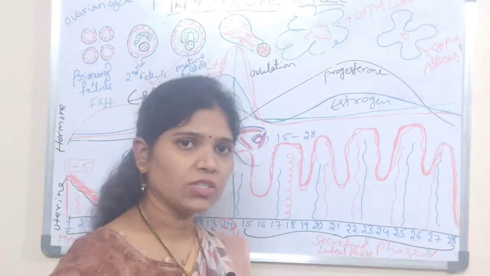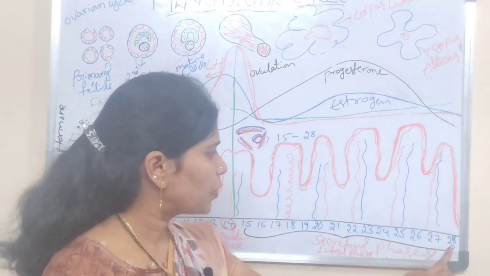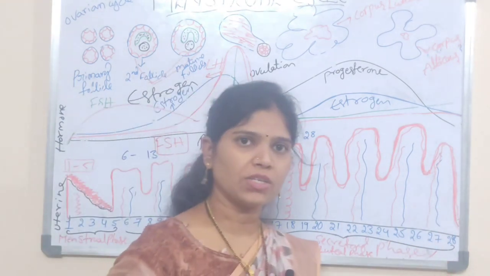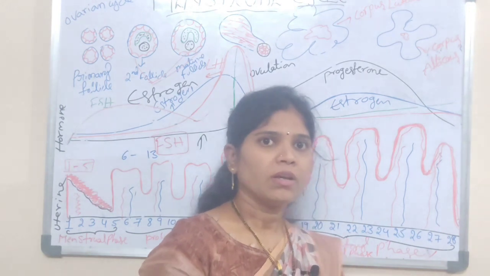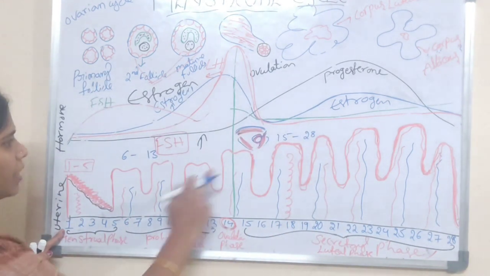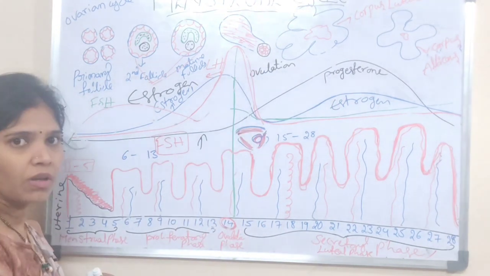But if there is no fertilization, there is no implantation. So what is happening? Up to 28 days, this is called the luteal phase. In this luteal phase, there is no fertilization and no implantation. And again you come to this stage, 1 to 5 days. Here, there is no implantation. That's why the egg that was already released